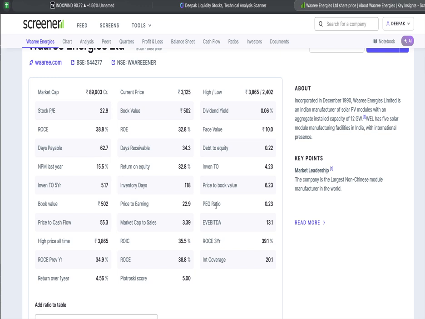Is the company taking debt at much higher levels, and where is the debt utilized? So you have to just go through on a macro level whether the company is making profits, does it have proper cash flows or not, and what is the future of the company. But mostly I look for the fundamentals only for the long term. For swing trading, I just take a macro view of the fundamentals, combining both fundamentals and technicals. For swing trading, you can look for a target of 5 to 10% and hold for 5 to 15 days,